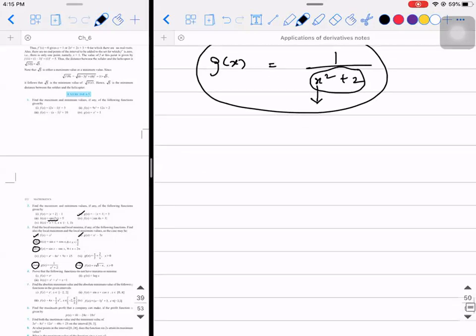Suppose I modify the question and give you a function like this, f of x is equal to 1 by x minus 3 the whole square plus 5. I'm asking you what is the least value, tell me in one step, using the logic alone. I'm not asking where you get the least value. Sorry, not the least value, the maximum value. What is the maximum value possible for this? 1 by 5. Maximum value possible is 1 by 5.